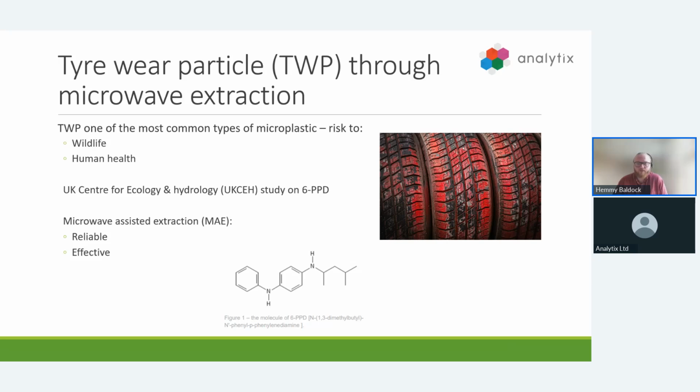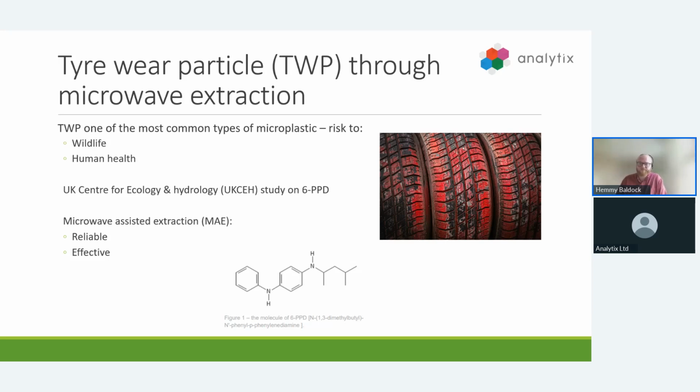Recent studies have linked the presence of additives leaching from these microplastics to the death of fish species such as salmon and trout in the United States and Canadian rivers. One of the additives recognized to being more accountable for its toxicity is 6-PPDQ, the oxidized quinone form of 6-PPD. This compound is widely used as an anti-aging agent, not only for tires, but in the rubber manufacturing sector globally. Its mechanism of action involves the migration to the object's surface, where it scavenges ozone and oxygen, preserving the material